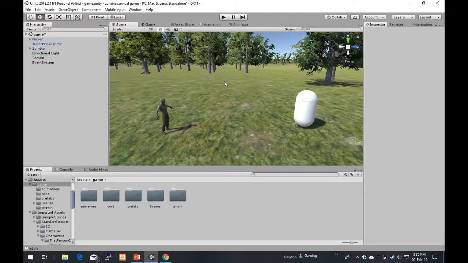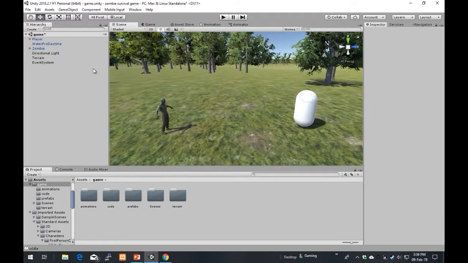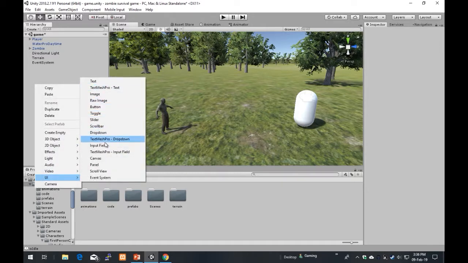Now what we want is to create a head-up display for the player. When you're in game mode, the player will see a health bar up here, some sort of ammo, a score, some clips, that sort of stuff, and we can add other elements later as well. What we use for everything is something called a canvas. In here we're simply going to right click and go UI and type in canvas,